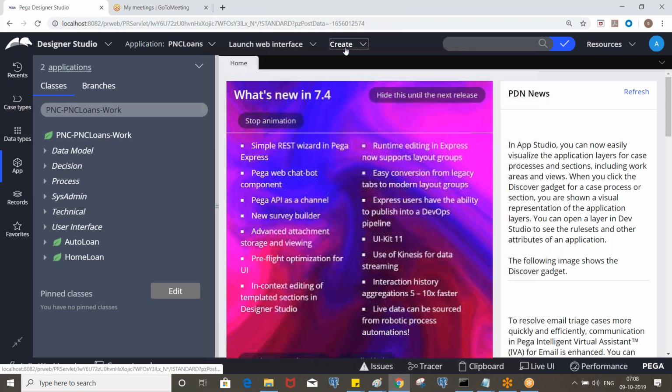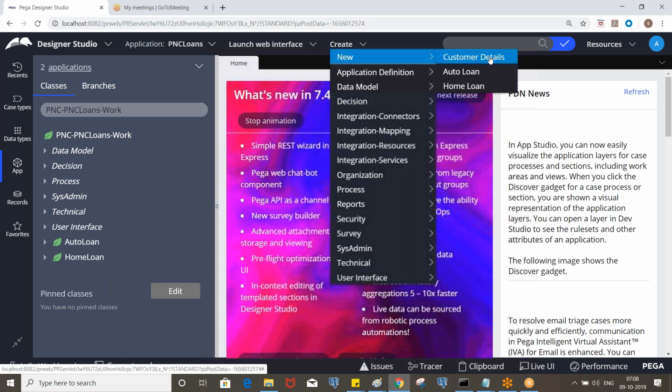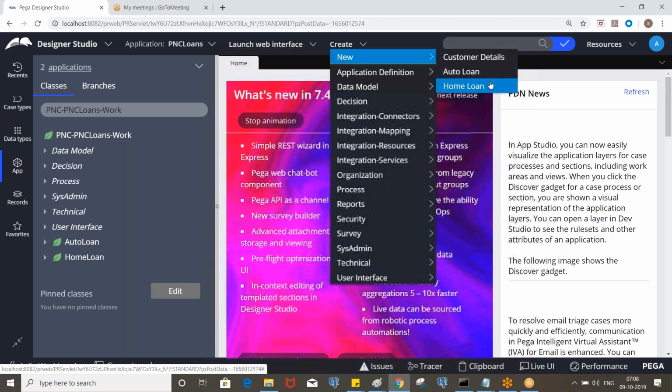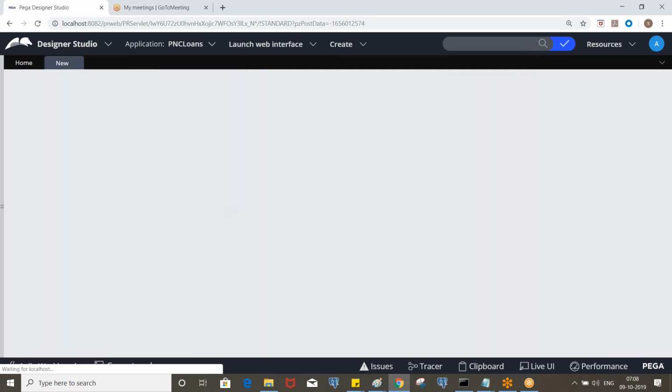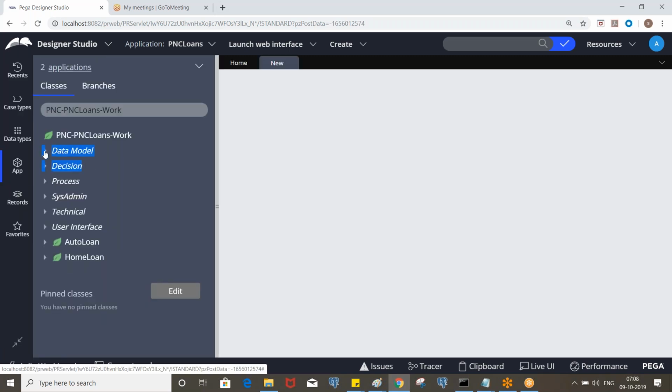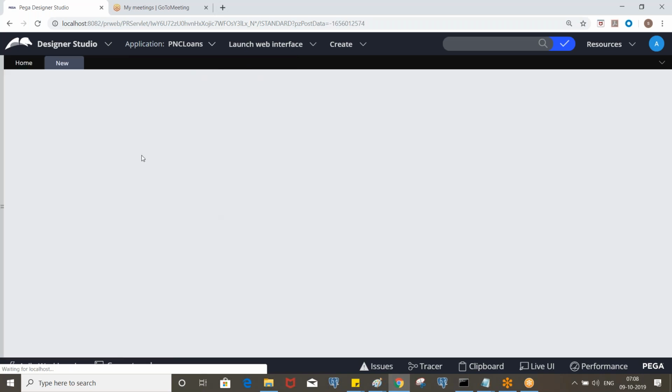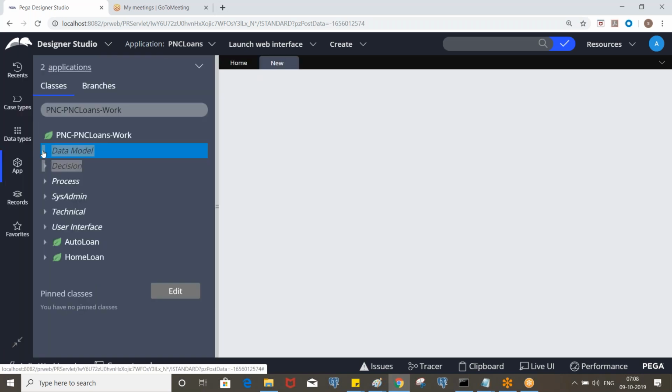So in the borrower details, we have an email ID property, right? Let me execute any flow. Have we created the email property? I think we have in the borrower.